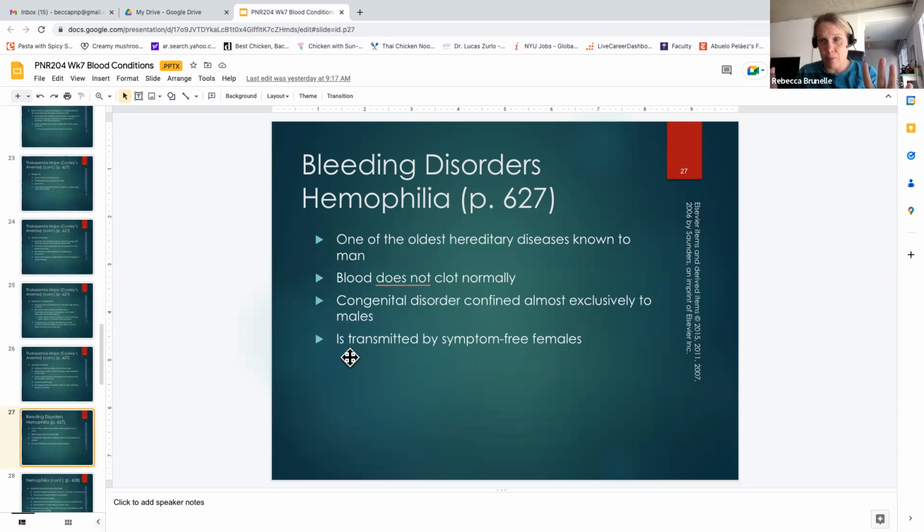So a woman would be symptom-free because she would have one X chromosome that had the disease and one that did not, and she would pass on that gene defect to her son, and he would automatically be symptomatic because he only receives one X chromosome. So it's kind of getting into the weeds of genetics, but the thing that I want you to remember is that it's going to be in males and it's passed on from the mom to the son,